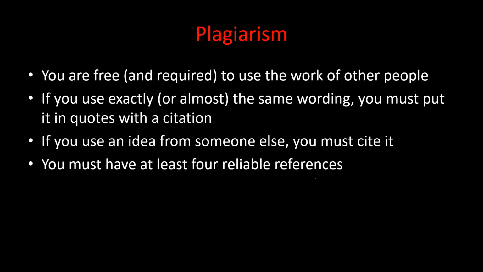But if you do so, put it in quotes, separate it somehow so I know, and put a citation. The citation is usually in square brackets, and then you can put a number. There are several citation formats. The most common is putting a number, and then at the end of the paper, you have a numerical list telling me where it came from. Or you can do something like Smith 22, which means it was written by Ms. Smith in 2022, and that's where it comes from. If you copy something or almost copy something, you just reword it in your own words and put it there.